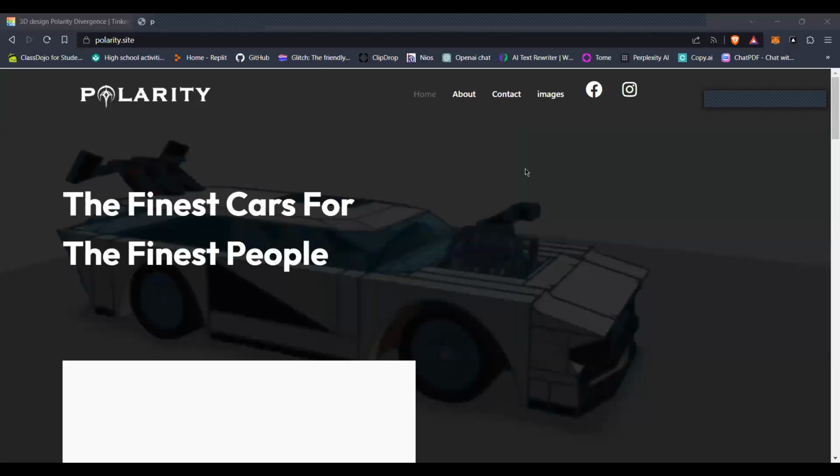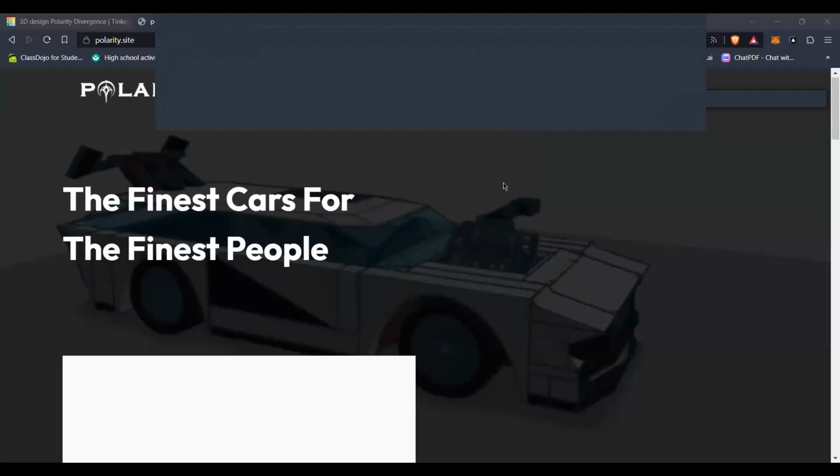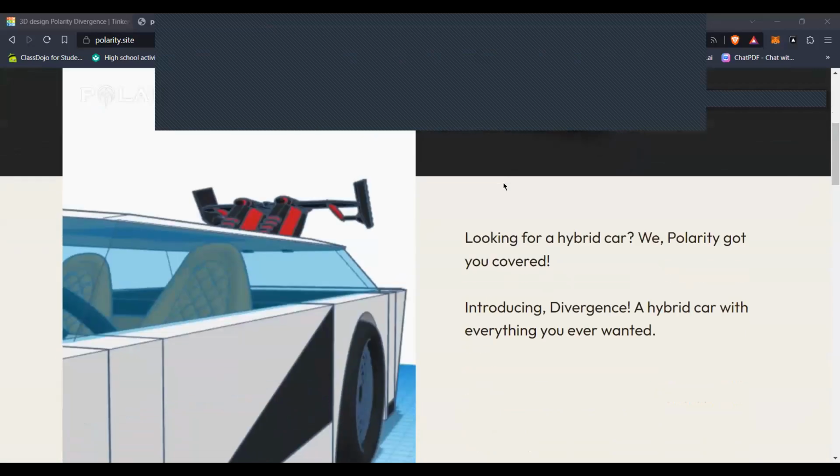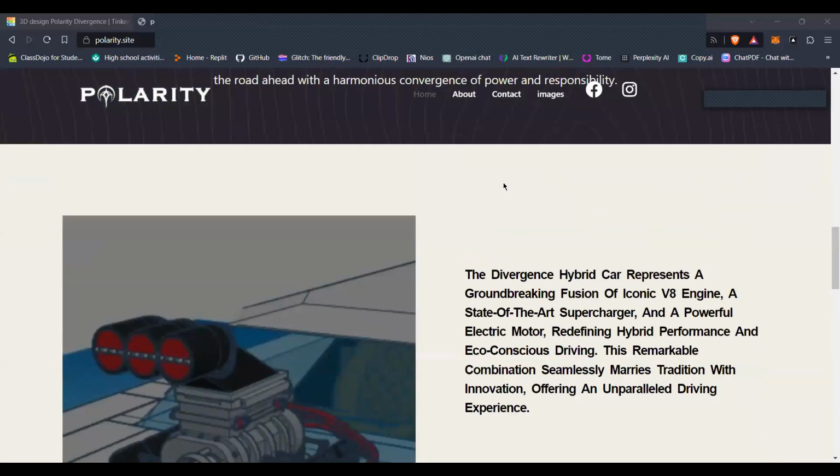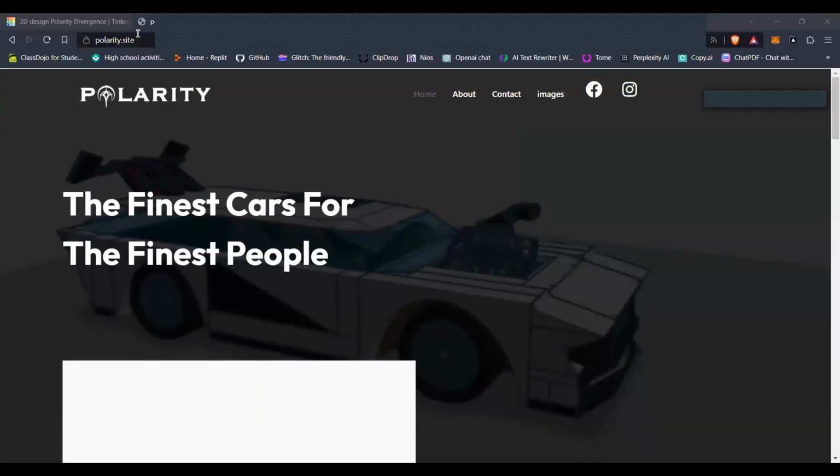So this is the website of Polarity, in which you have all the information regarding the car, the spoiler, the engine, and so on and so forth. And the link would be shared in the meeting.